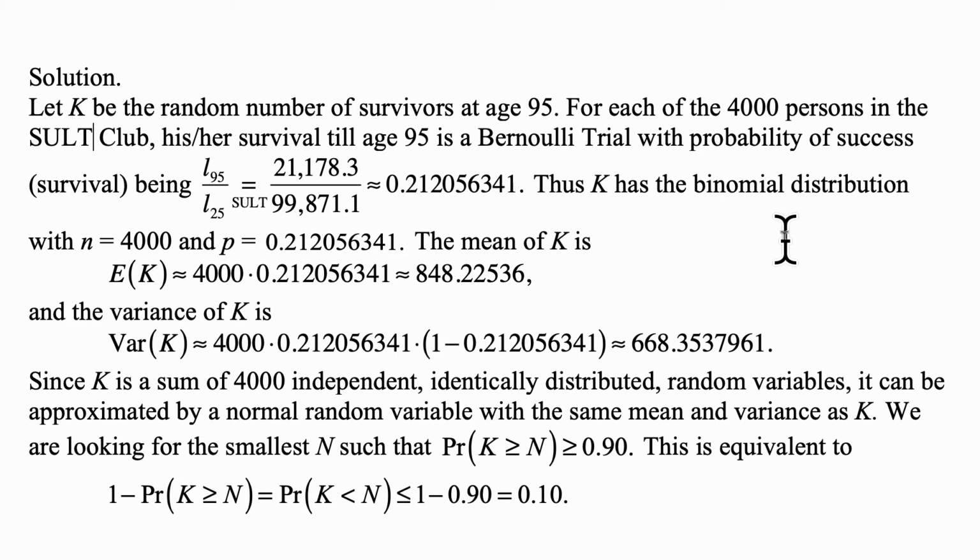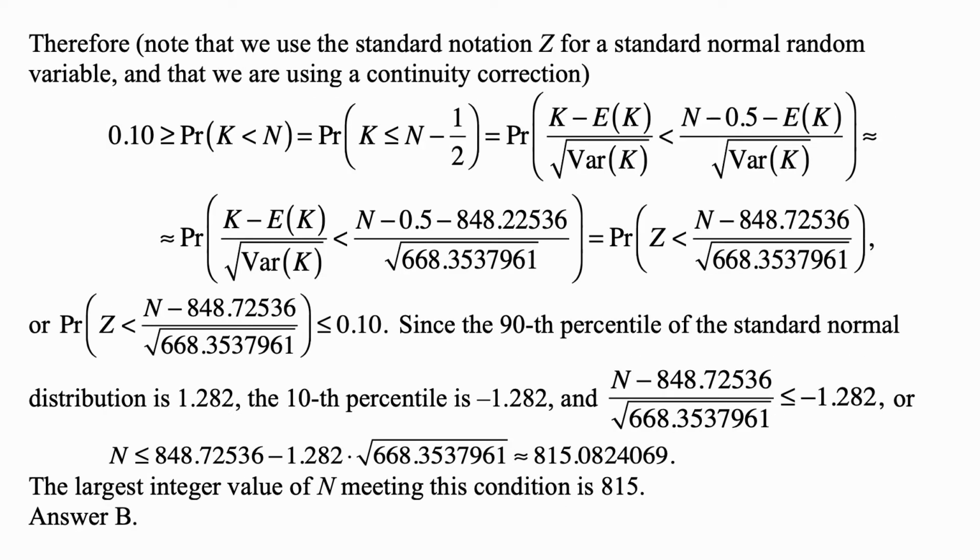We are looking for the largest n such that the probability that K is greater than or equal to n is greater than or equal to 0.90. This is equivalent to the probability that K is less than n being less than or equal to 1 minus 0.90, which is 0.10. Note that we use the standard notation Z for a standard normal random variable, and that we are using a continuity correction. 0.10 is greater than or equal to the probability that K is less than n, which is the probability that K is less than or equal to n minus 1/2, because